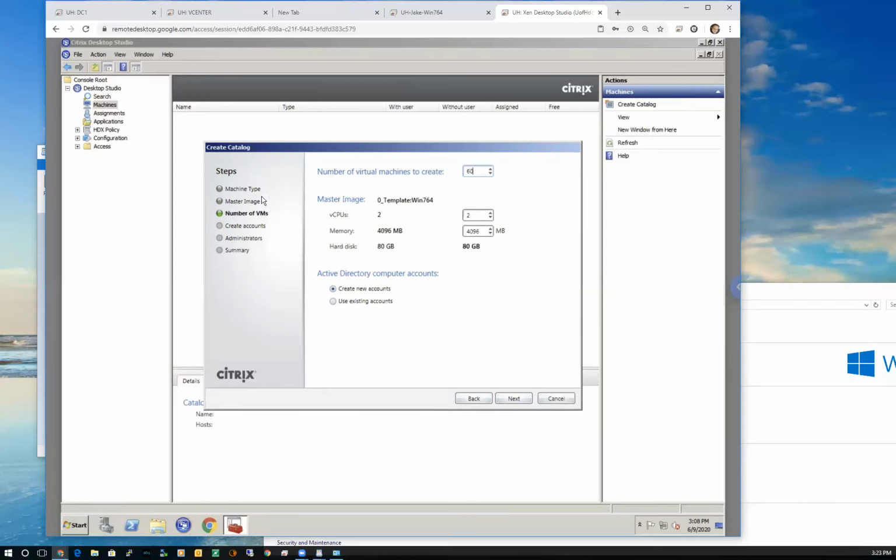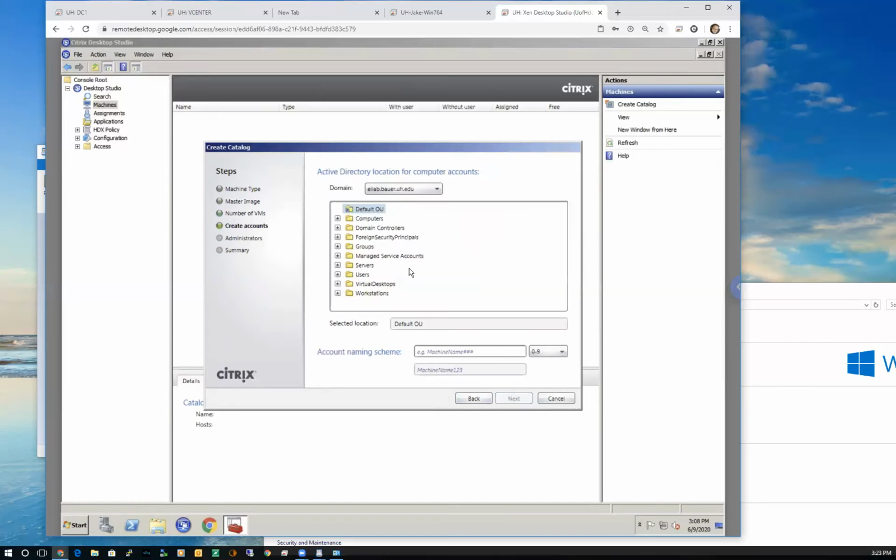Create new computer accounts, not user accounts, but computer accounts. It's going to add computer names to the Windows domain controller for me. Okay.